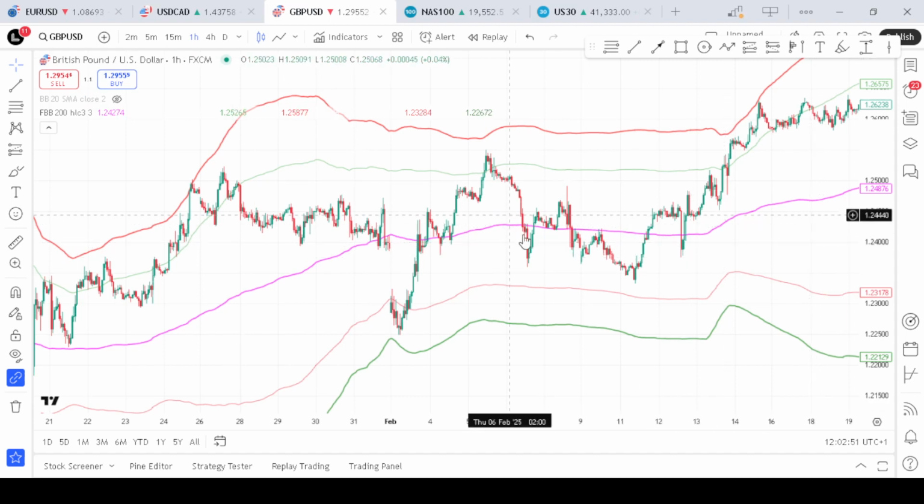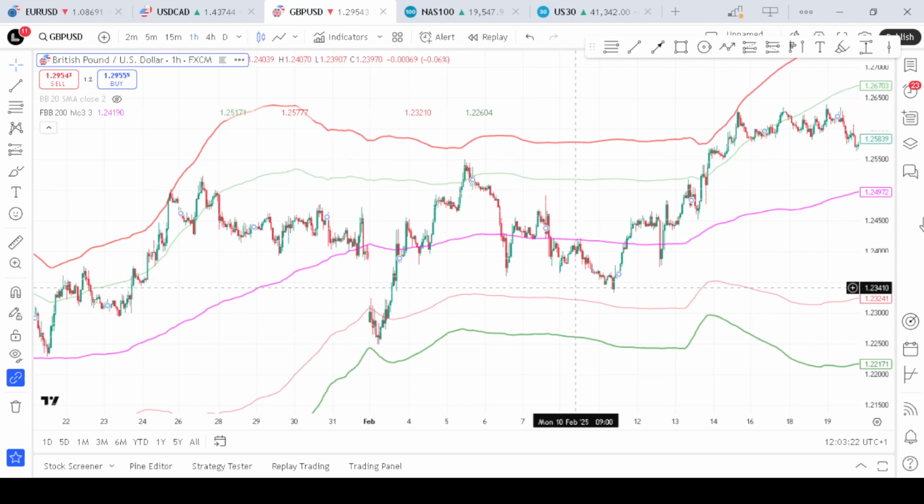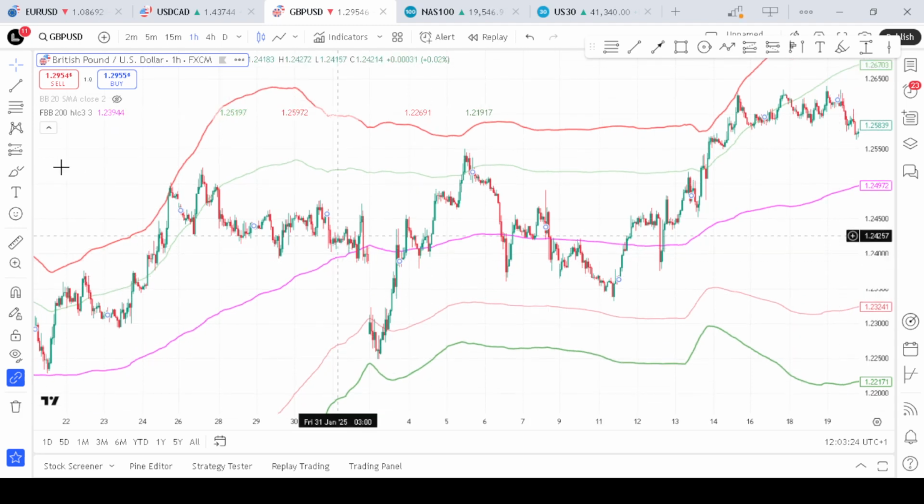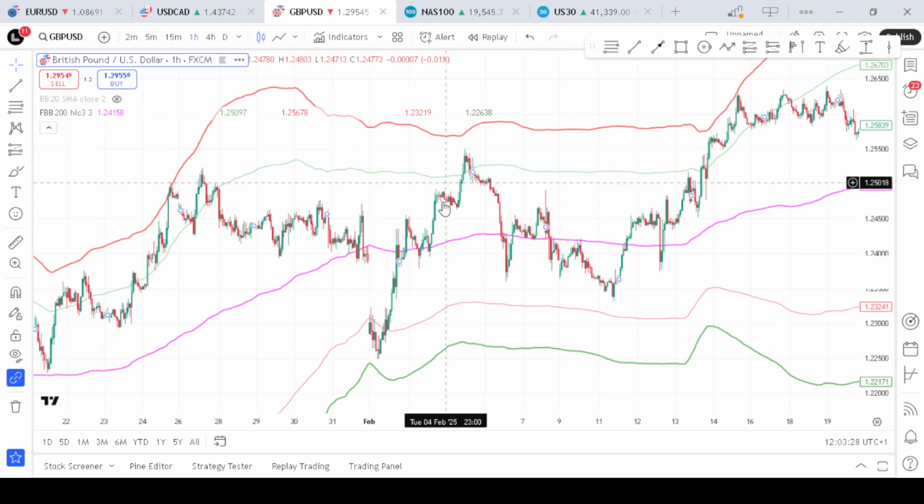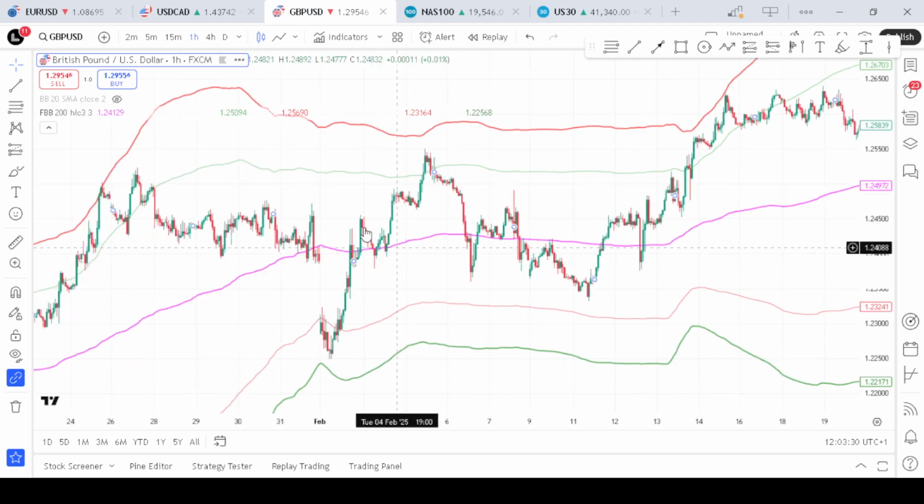The Fibonacci Bollinger Band trading strategy is designed to help you identify precise entries and exit points by combining the dynamic volatility of the Bollinger Band with the precision of the Fibonacci retracement levels. This strategy works by leveraging the strength of both indicators to create a more refined system for analyzing price movements and market trends. To begin, you apply your Bollinger Bands to your chart,